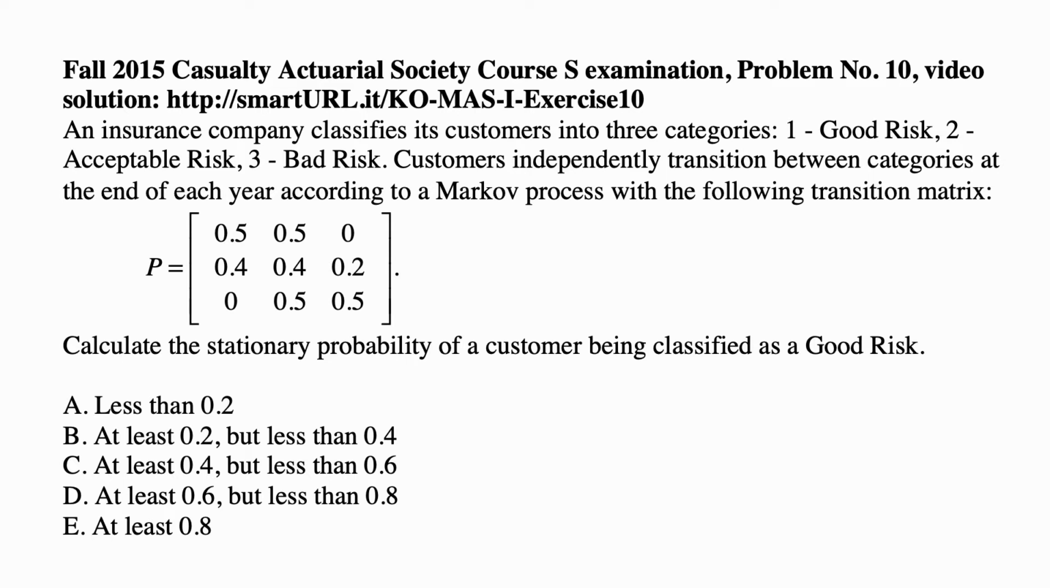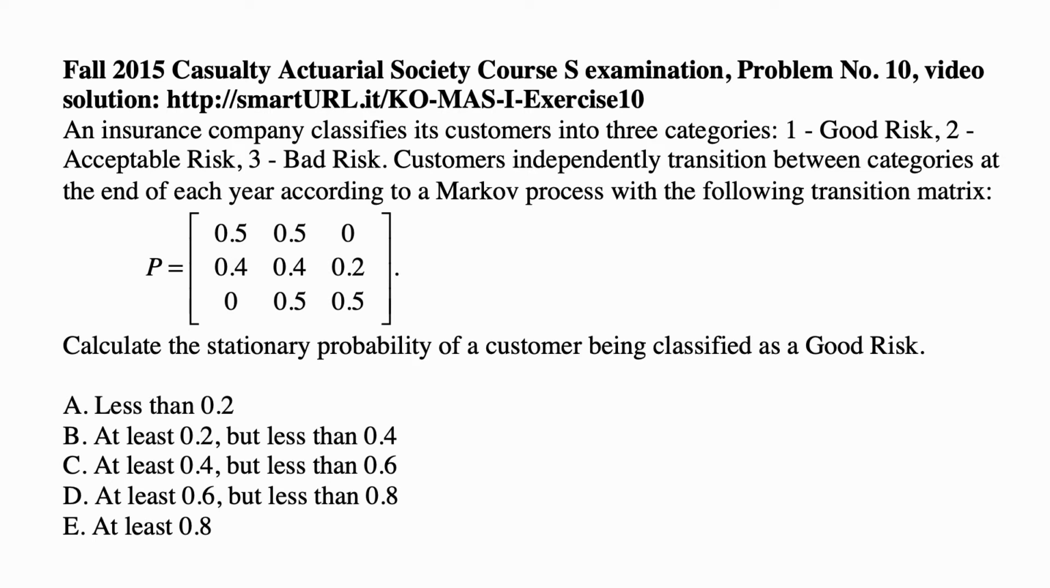Here's a problem for today for exam MAS 1, Modern Actuarial Statistics 1, exam of the Casualty Actuarial Society. An insurance company classifies its customers into three categories. 1. Good risk. 2. Acceptable risk. 3. Bad risk. Customers independently transition between categories at the end of each year according to a Markov process with